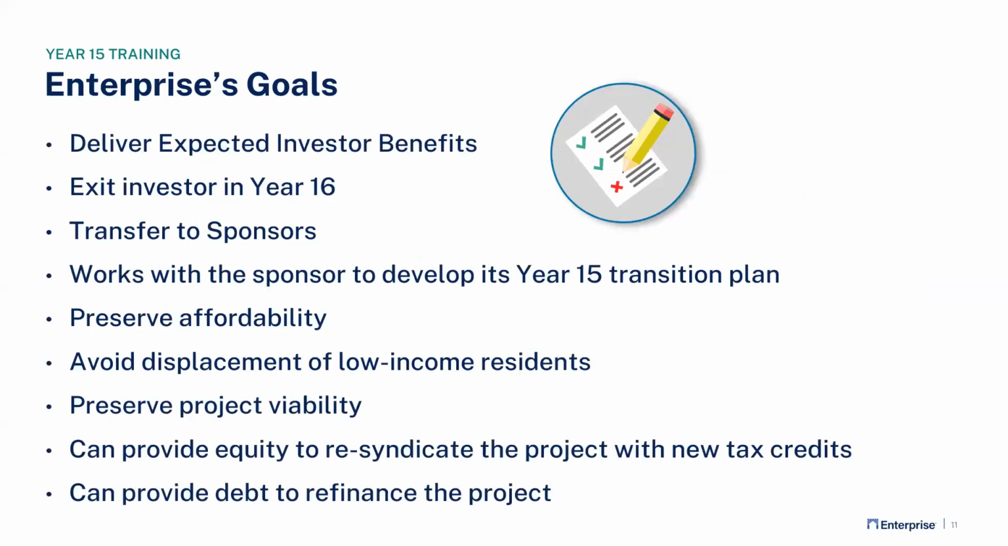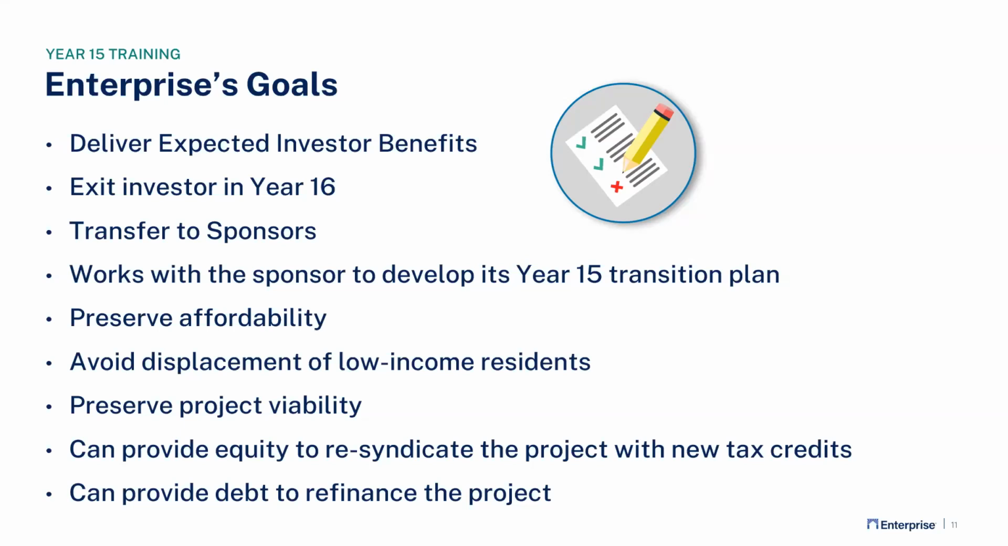Now, our goals at year 15 are pretty much standard across the industry, I think. Obviously, we want to make sure our investors have received what they were promised in year one, because we want them to keep investing. So make sure their benefits have been delivered. We try to time the exit to occur early in year 16. So we'll reach out to our general partners early in year 14 if we haven't heard from them yet, to get the ball rolling